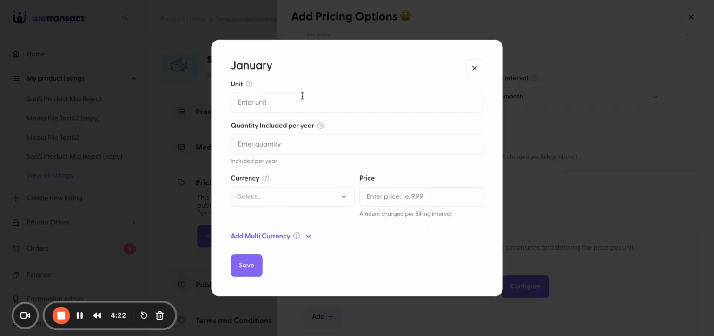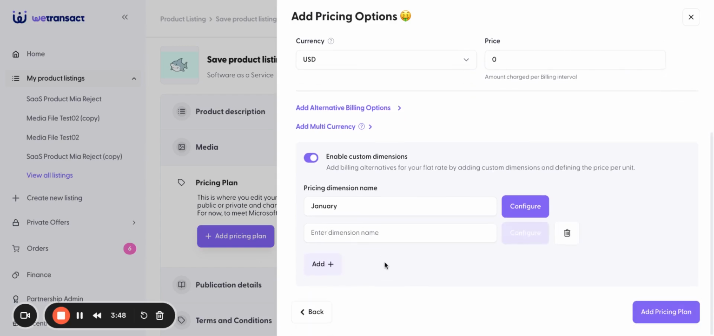Click on configure. Under unit, just put the same name. For the quantity, if the number of units included in the flat rate, you can just put the number of unit here. Since this example, the units are not included in the flat rate, so we are just going to put 0. Choose the currency here and add the amount. For this example, let's just do $1,000. Save it. And for the second month payment,